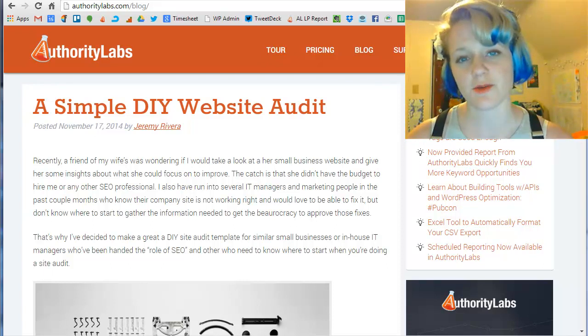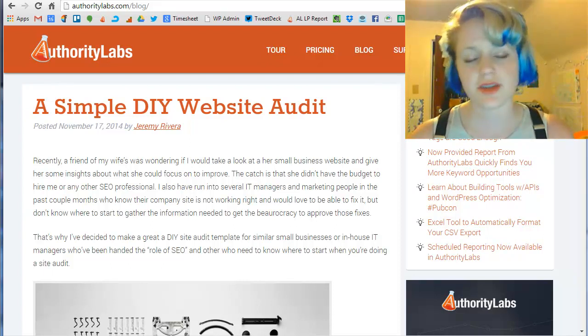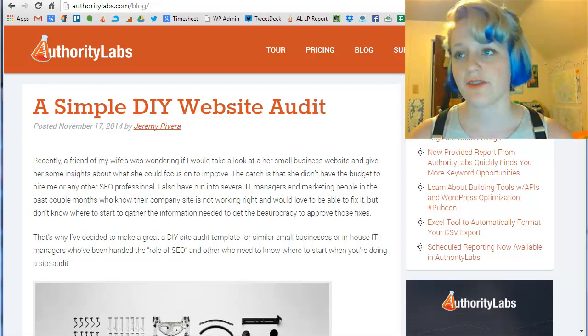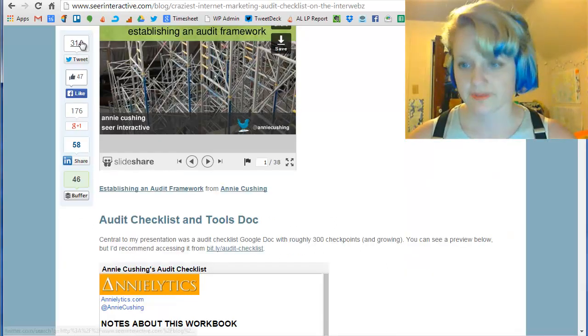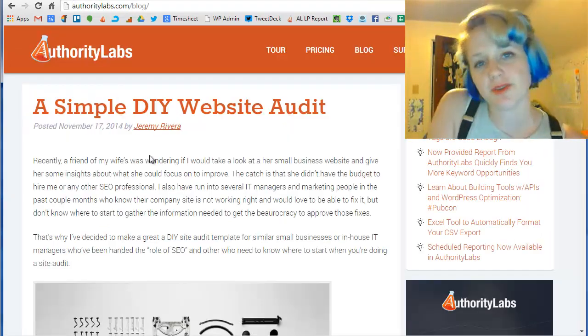on how to check your robots.txt file and make sure that it's set up correctly using Screaming Frog and a few other tools that were addressed in Annie Cushing's site audit checklist. If you haven't checked that out, it's bit.ly/audit-checklist. And this was brought up by Jeremy Rivera's post that was posted to the Authority Labs blog earlier